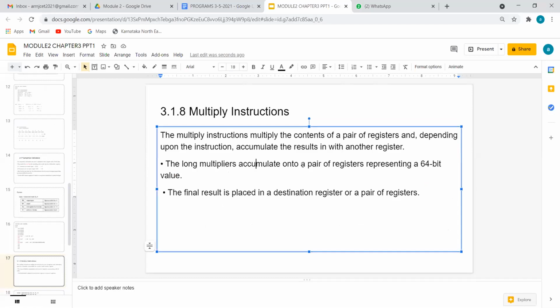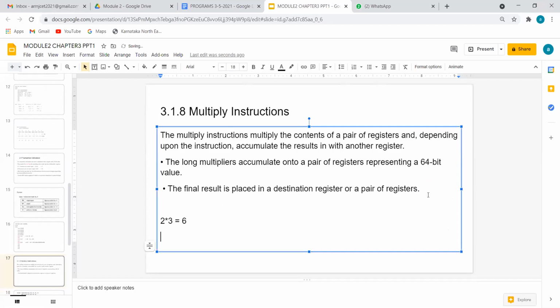Very simple way. If you multiply two numbers like 2 star 3, we will get 6, or 5 star 2, which we will get as 10, but I should write it as A. One important thing here is that this 2 is written as 0 0 0 0 0 0 2, star with 0 0 0 0 0 0 3, which is equal to 6. Hope it is clear now.